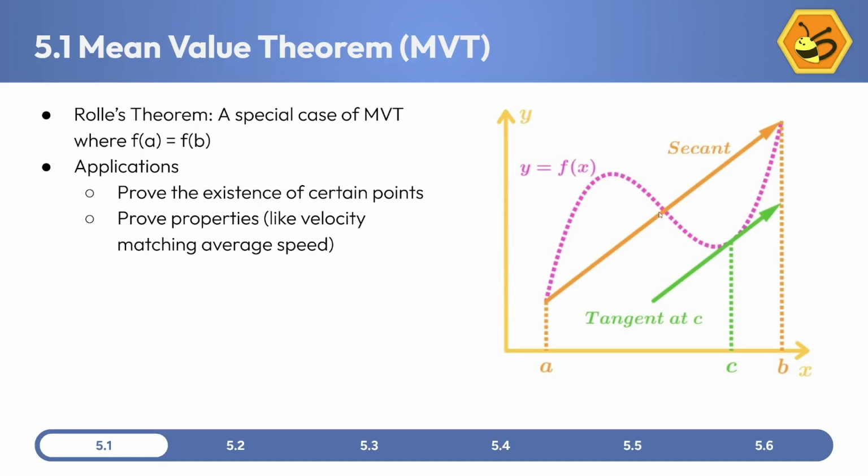So on your test, you might see a question where it gives you A and B, and then it says, can you prove that there's a point where you have a certain slope? In that case, it's likely going to be the mean value theorem. Another application is proving properties. Most of the time that's with real world applications, and even more of the time it would be particle motion. So things like if we have our velocity and we have to find